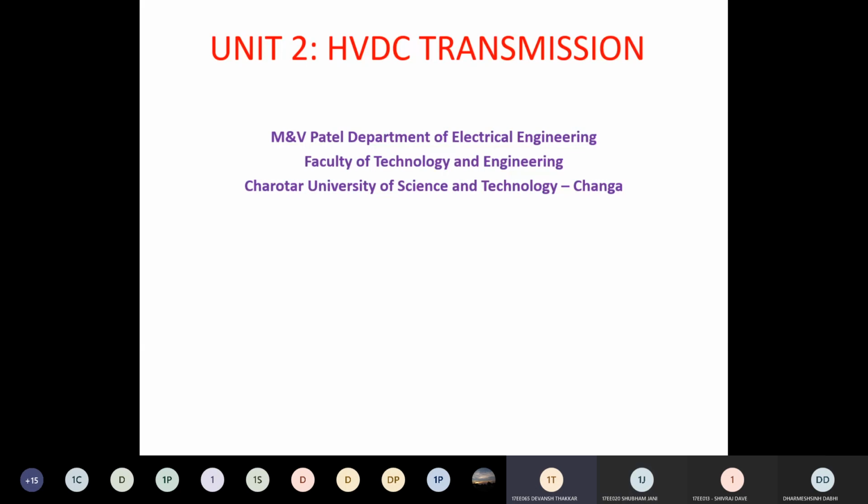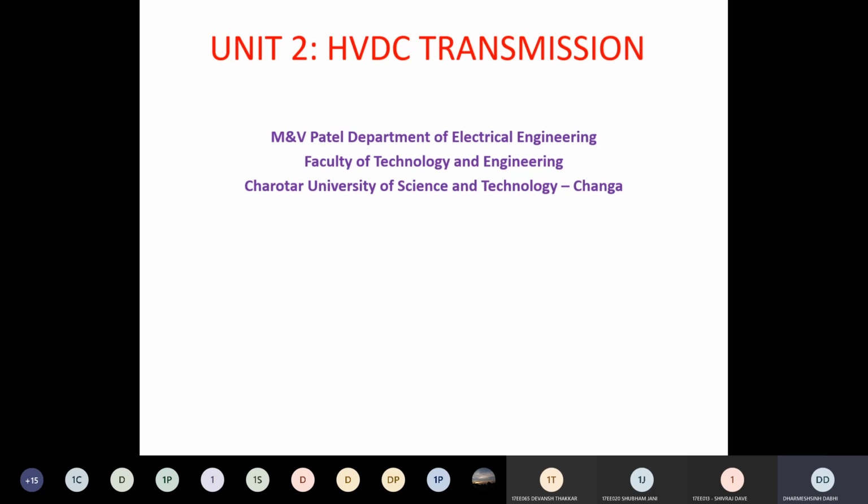Losses will be less in transmission. Cost. Yes. One of the major concerns is economical concern. It is low cost, and transmission losses become less. Clear? Because we use only two conductors, one positive and one negative. Here there is no phase or neutral. In HVDC there are two conductors, one positive and another negative, which is the return conductor. So we can transmit a large amount of power using only two conductors, whereas in an HVAC high voltage AC line we require three conductors to transmit the power. So that is HVDC's advantage.